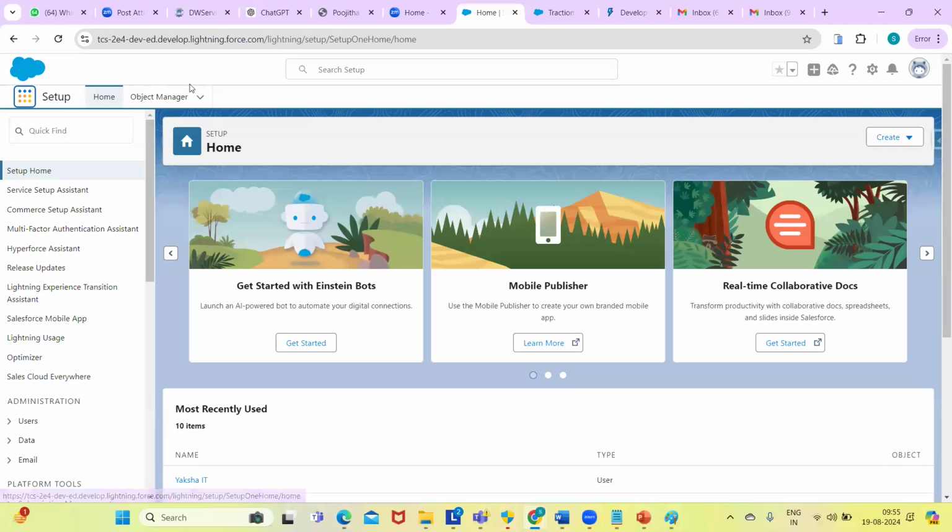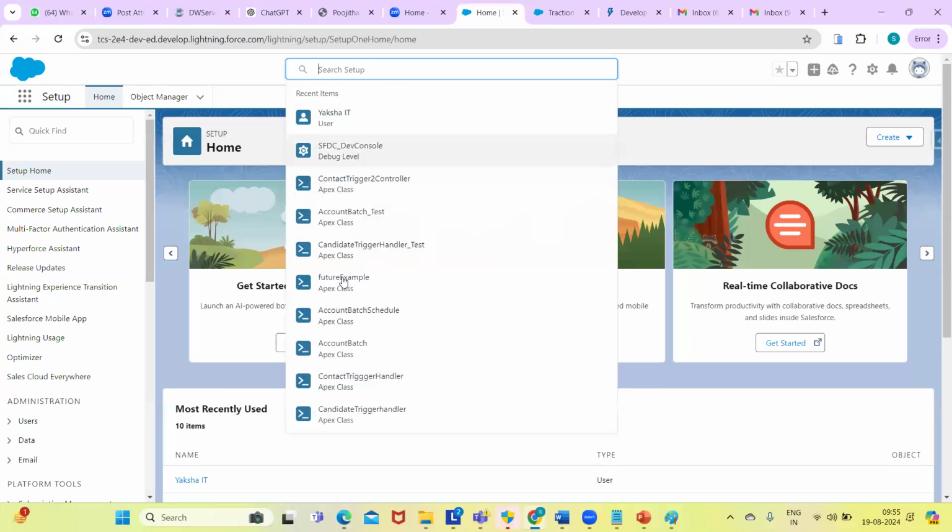And now this is the setup. See here, this is the logo, in case the organization has a logo. This is global search. We can search anything related to the entire organization, any data, any users, here. This is the way we have to do it. And one more thing is,